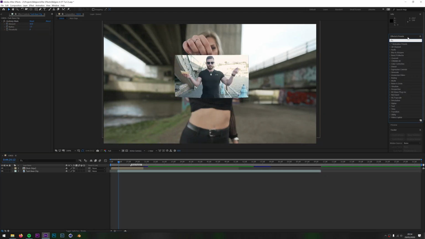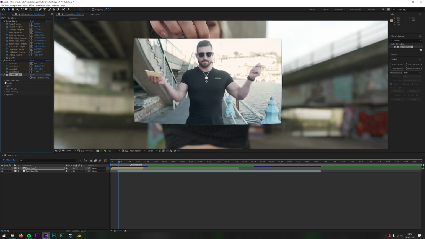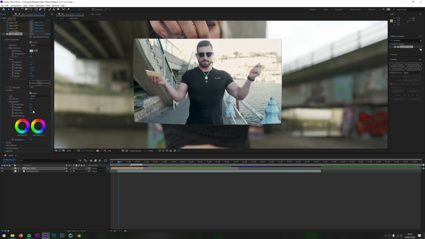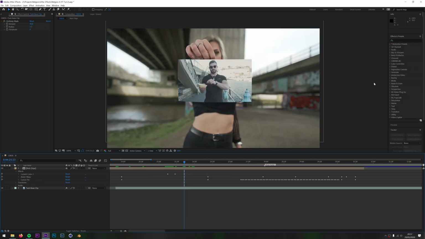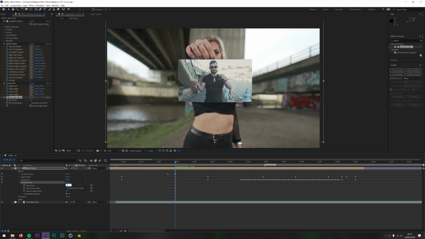Go to the effects, look for Lumetri, then put it onto the top layer. Mess around with the colours and the contrast to make it look like it's more in the scene, then add some keyframes to the effect opacity where you want the transition to take place. Add these in for the bounce, then go up to the effects and do the same thing for a Gaussian blur. Go easy on this value though, you only want to take the edge off. Then play it back and you get.